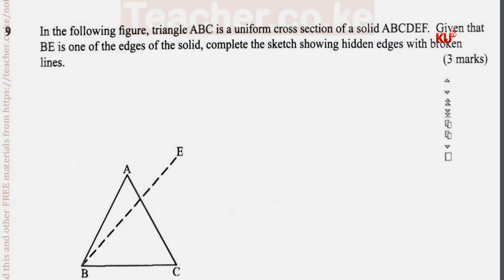Now, let's see it. I'm just going to give a sketch, dear students. You have A, B, C. Then you have this imaginary dotted line running to E. Complete it. Remember that ABC is a cross-section. So the first thing, let's look at this distance BE. Take your compass and measure the distance BE. After you've measured it, you transfer the same pair of compass